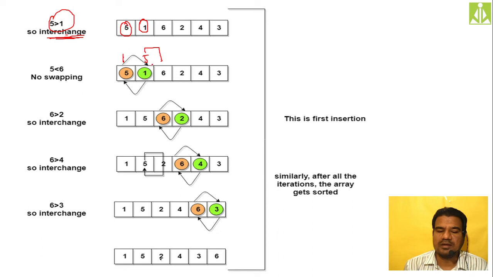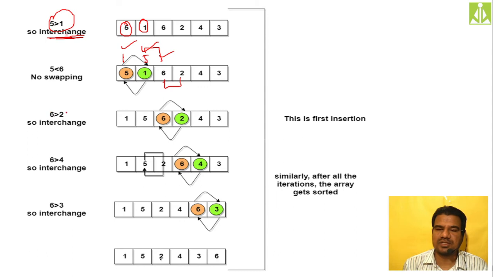And simply without performing any swapping, previously we started from here, these two. Then we compared these two. Now you do the comparison between these two, 6 and 2. In my previous case I stuck to the first element until I reached the end of the list. But over here, my consideration is changing from element to element. I am moving in the same iteration itself. So now I am comparing 6 with 2.